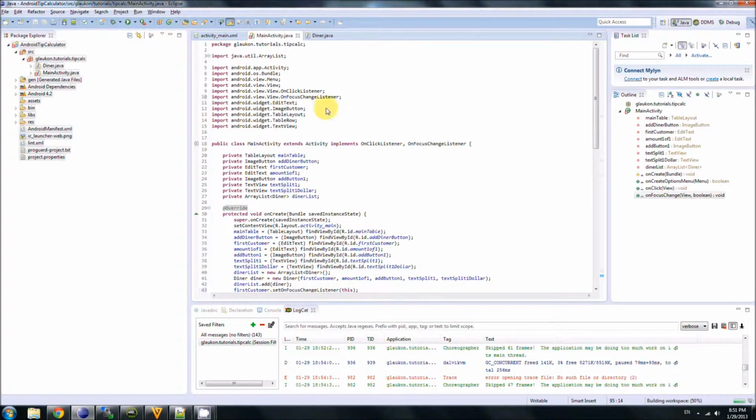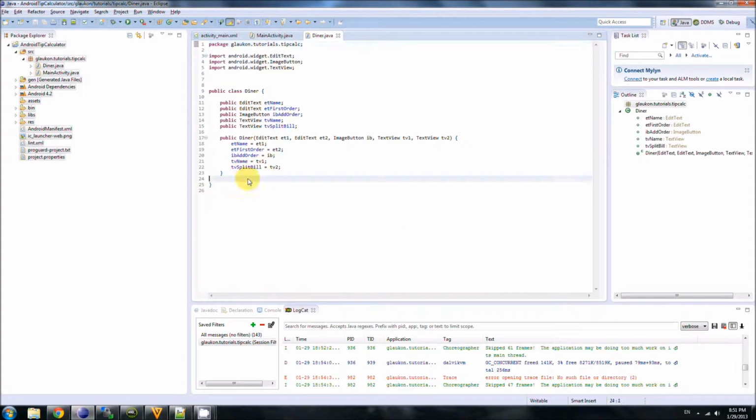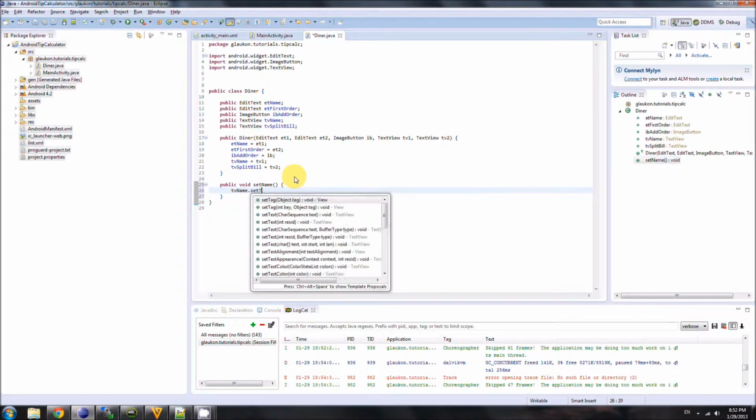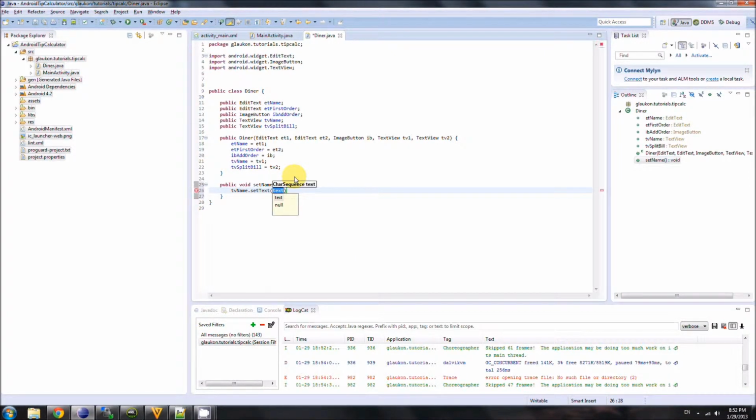So let's go back to our diner class, and let's create a new method for it. We have a constructor method up here already, which we created. Let's create another method. It'll be a public method. It'll return nothing, so type void. And the method is called setName, and it will take no arguments. What the setName method will do is set the TV name text view, it'll set that text equal to